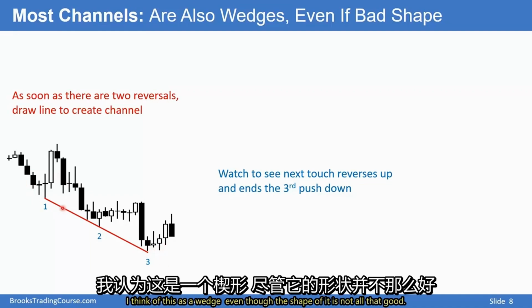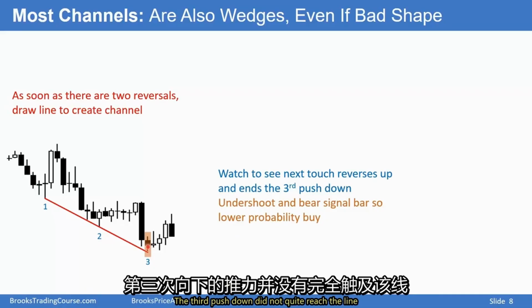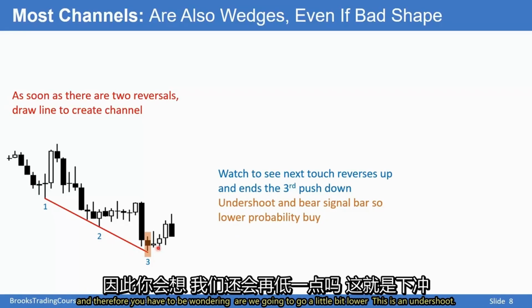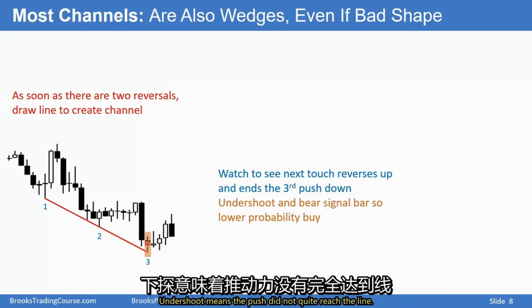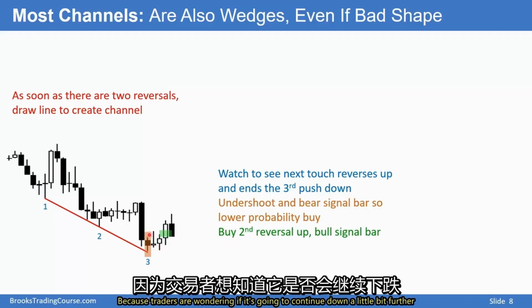I think of this as a wedge, even though the shape of it is not all that good. The third push down did not quite reach the line, and therefore you have to be wondering, are we going to go a little bit lower? This is an undershoot. Undershoot means the push did not quite reach the line. Because traders are wondering if it's going to continue down a little bit further,